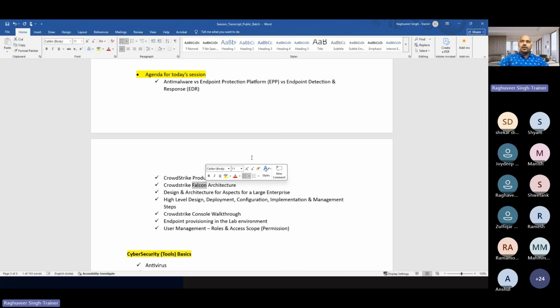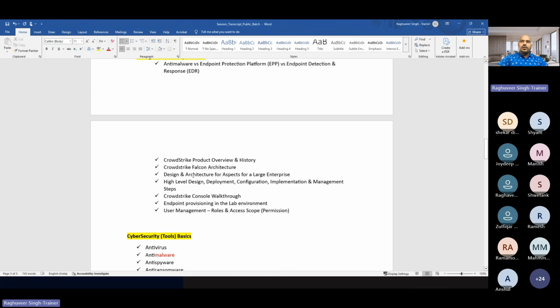So CrowdStrike Falcon architecture we'll look at. Then we'll talk about the design and architecture aspects for a large enterprise. So before we start to onboard an endpoint, we first need to act as an architect or a consultant, and we need to create a design and architecture aspects of it. So if you are going to deploy CrowdStrike for an organization of sizable scale and complexity, of a certain size, scale, and complexity,